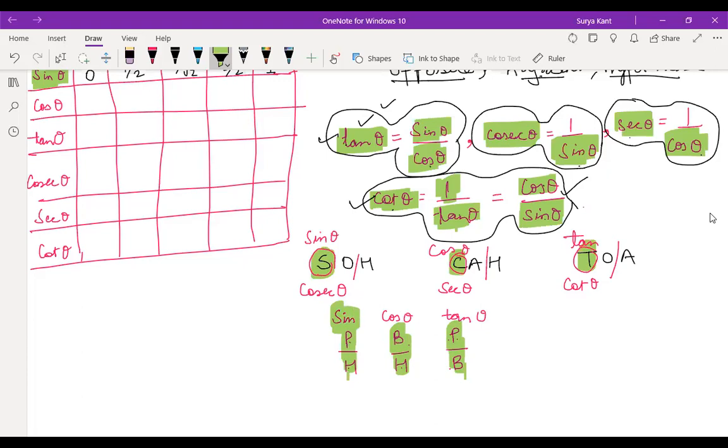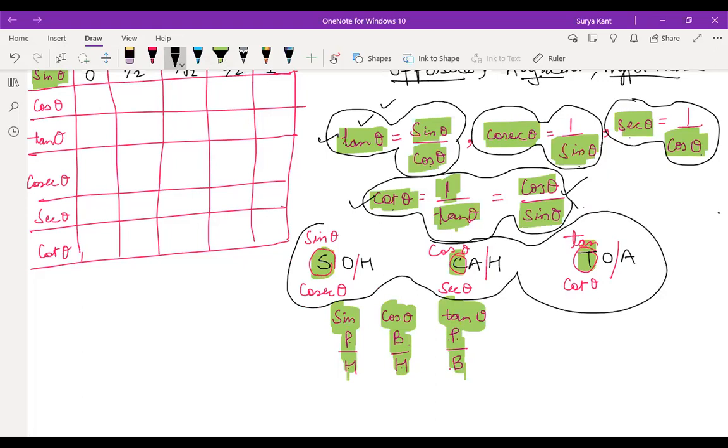Chandi, silver Chandi, Sona Chandi Tole. S for Sona, C for Chandi, and Tole means measurement. Anyone you can remember, but in your NCERT they have written this form only, that is opposite, adjacent, and hypotenuse form. So whichever is convenient to you. In the ICSE board, children are learning in the perpendicular base form. So the other name of opposite is perpendicular, and the other name of adjacent is base.